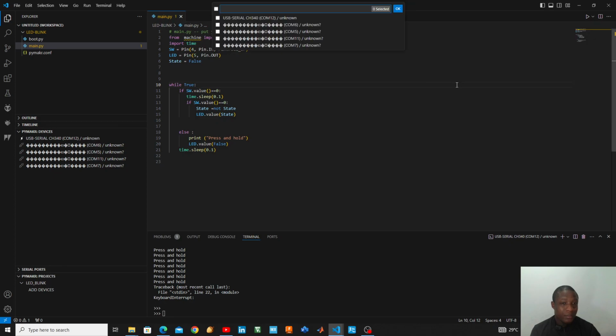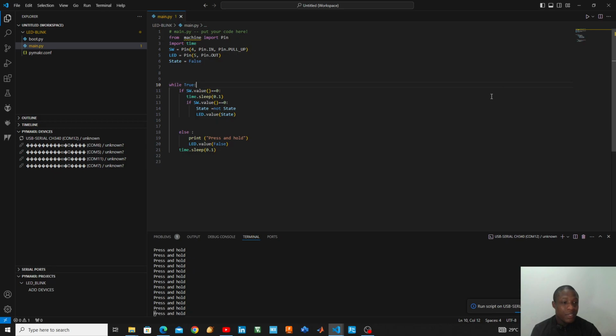Okay, the same port, and then run. And all of that you can customize so that they just become shortcuts. So if I press and then I hold, then you can see that it's blinking. Press, hold, and then you see that it's blinking. All right, good. So that is it. That is not our purpose. So now let me stop this. Let's see how we can now